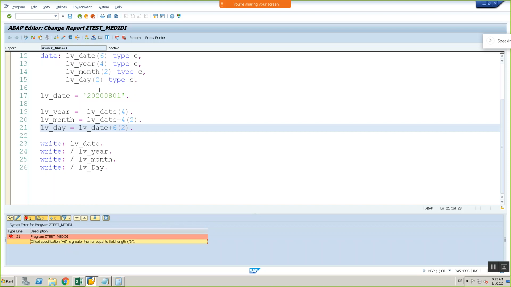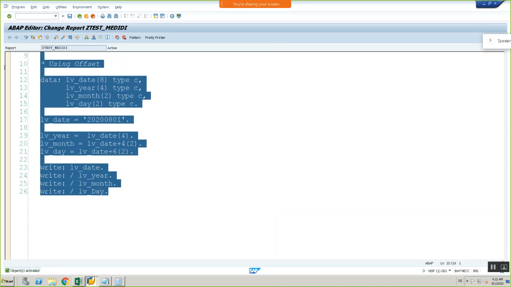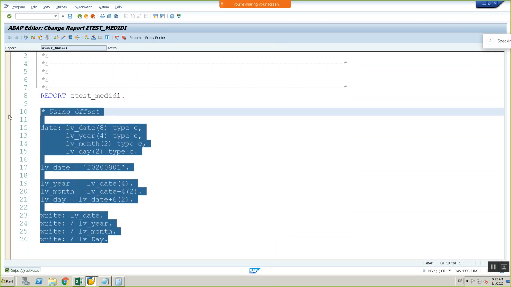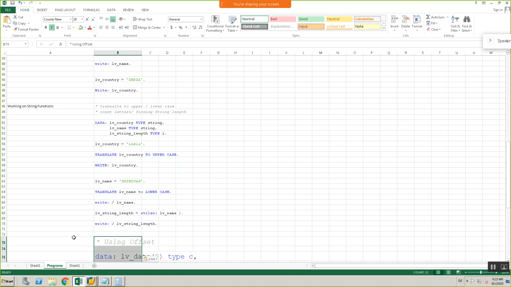Are you clear with this error message? Yes, at the top we need to give the data length as 8. While writing the offset, if you did something wrong, like adding 1 plus something, the system will correct you if you are doing it wrongly here. Okay, activate. That's it. So this is enough for today. You have to practice. Now let's write some exercises on your sheet, then let's go further. Tomorrow we continue.